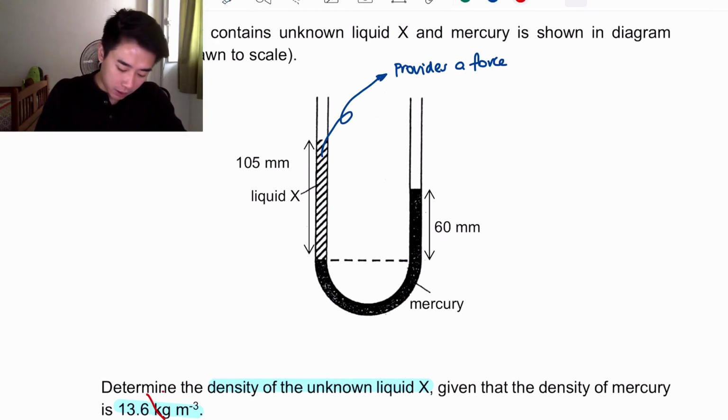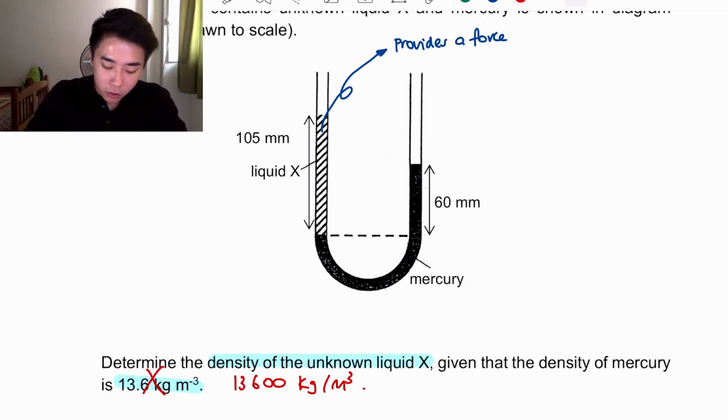Okay, here we have a mistake. It is not 13.6 kg per meter cube. It is 13600 kg per meter cube. So take note of this. So over here,